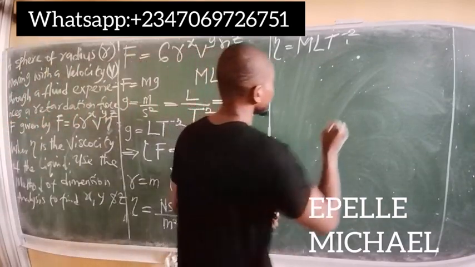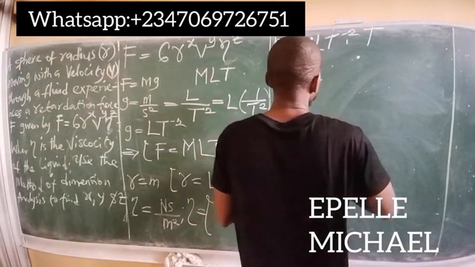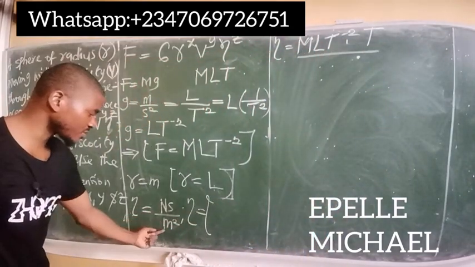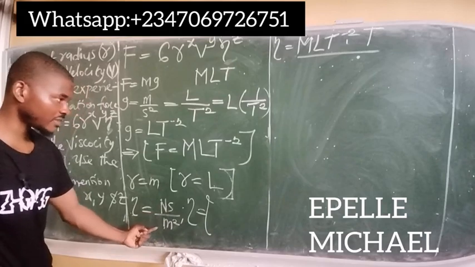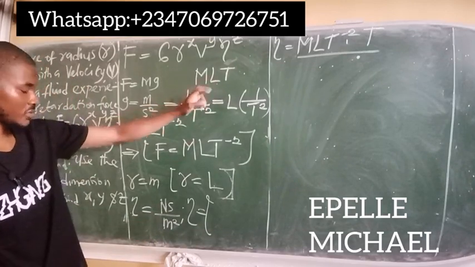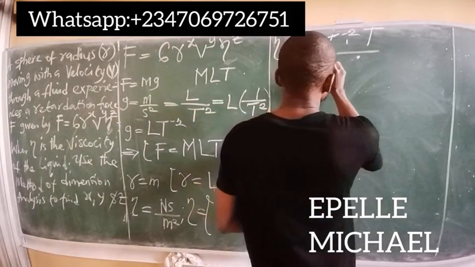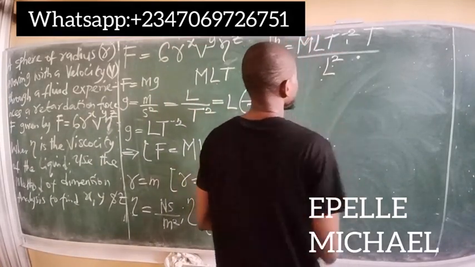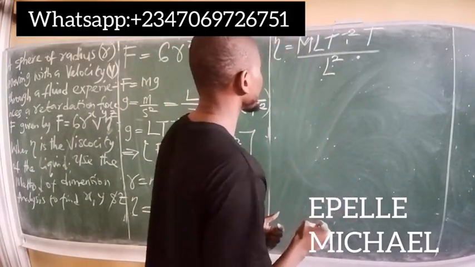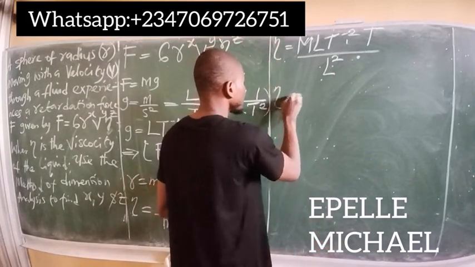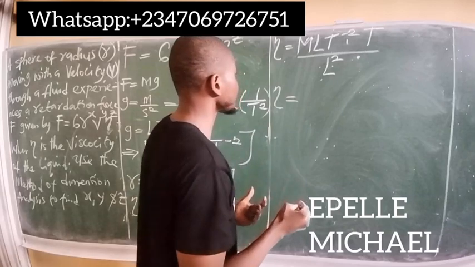So we simply have time, capital T, all over. Newton seconds per meter squared. Meter is the unit of length, which is capital L in terms of dimension. But here we have meter squared, so it simply becomes L squared, all over L squared. So we simply have this. And of course, if we critically look at this equation, we can find that the dimension analysis for viscosity is